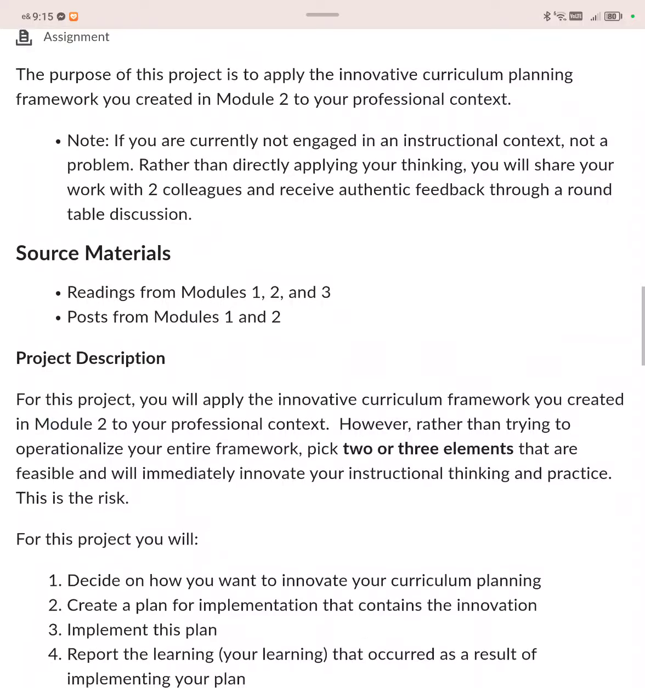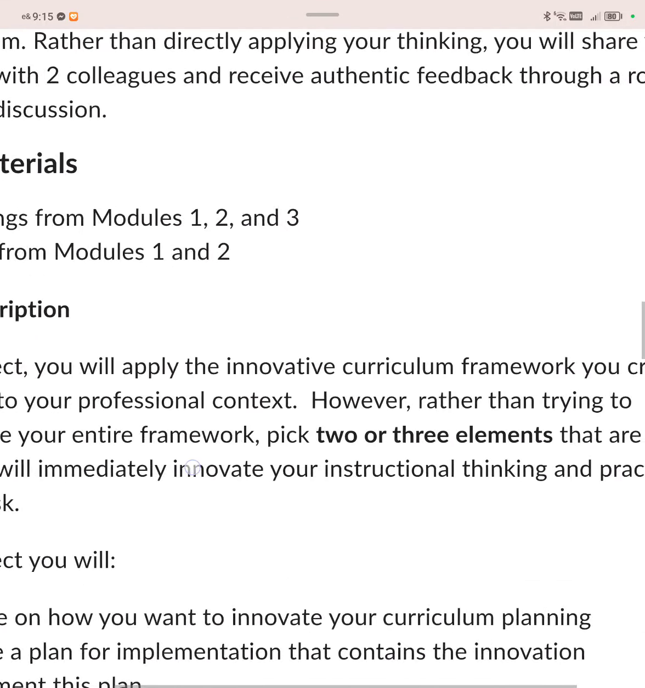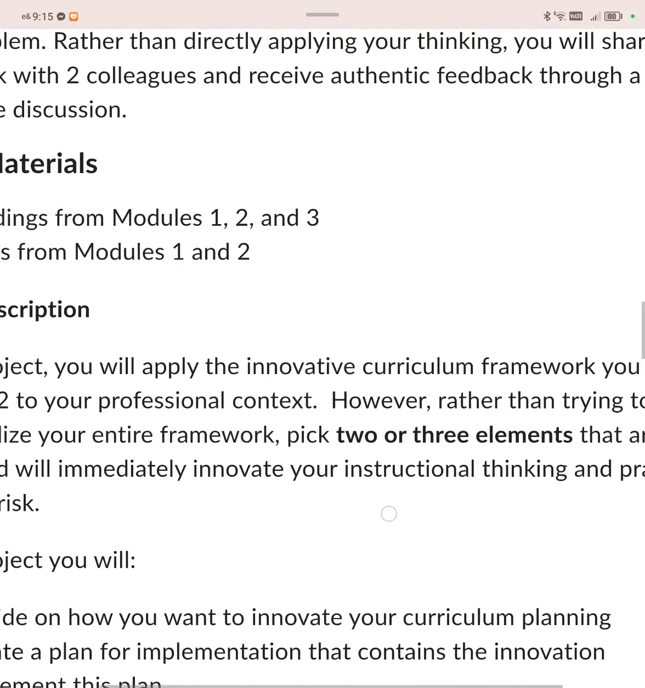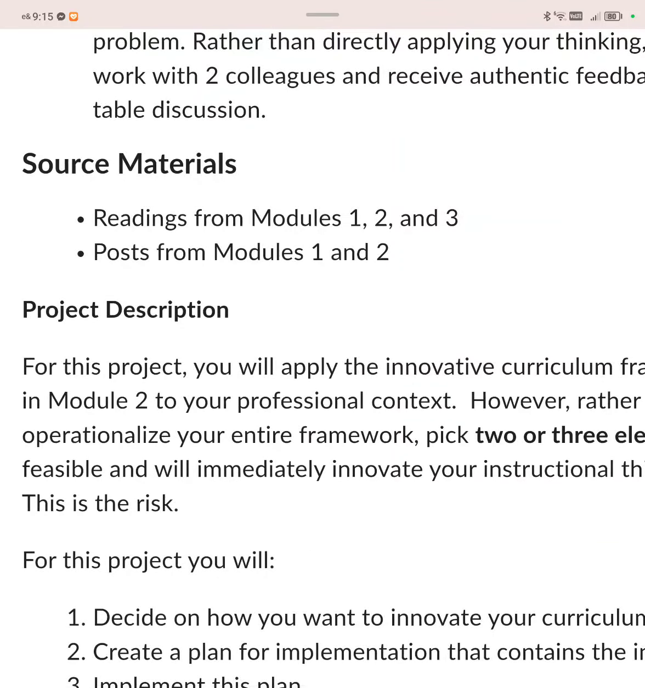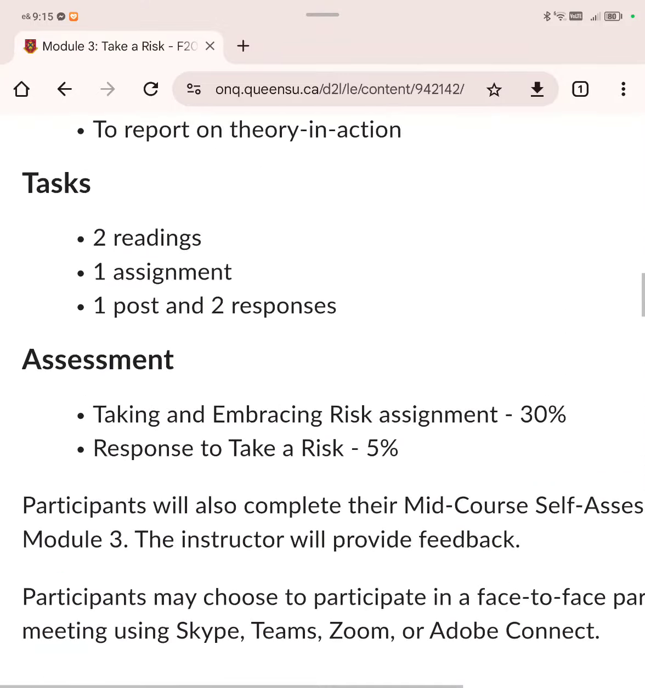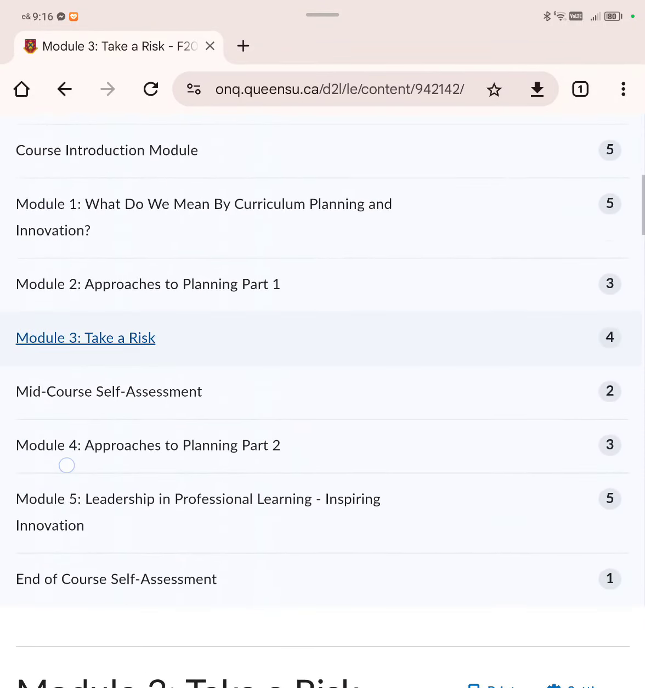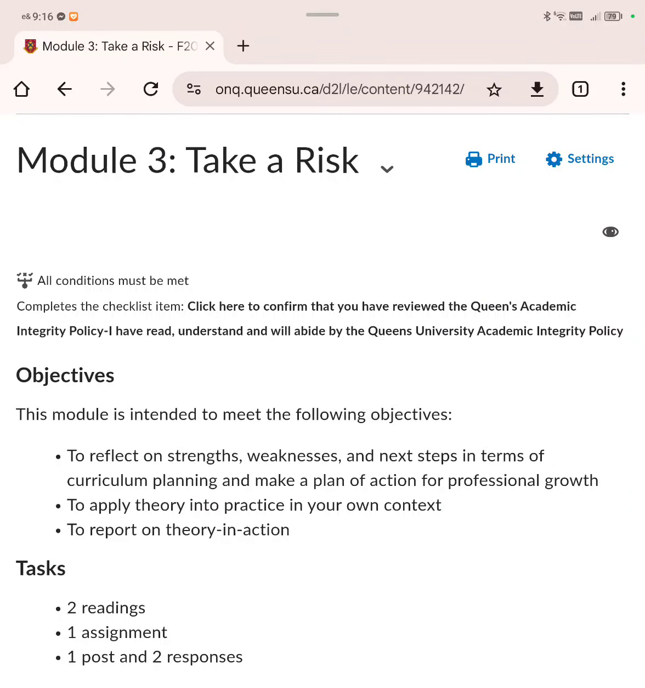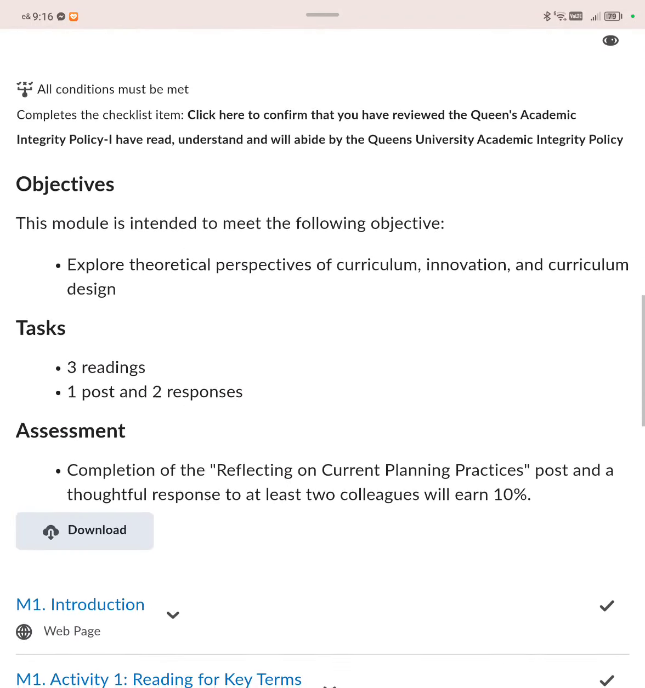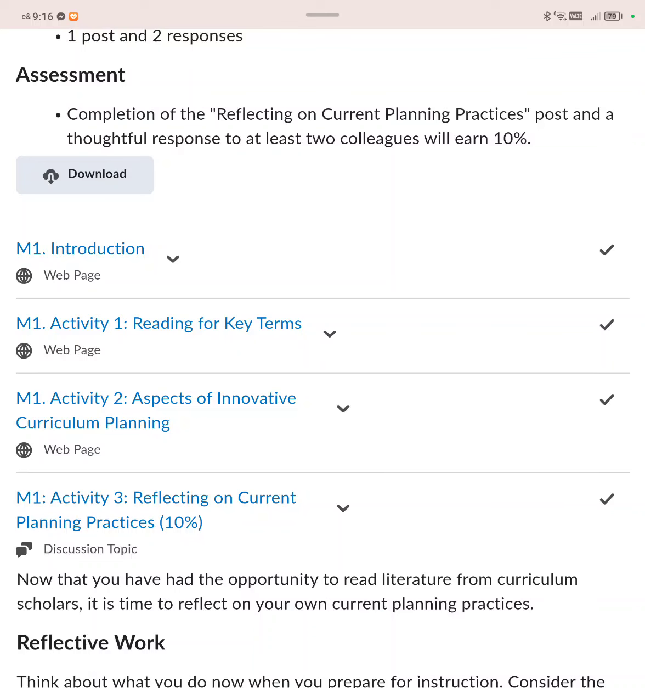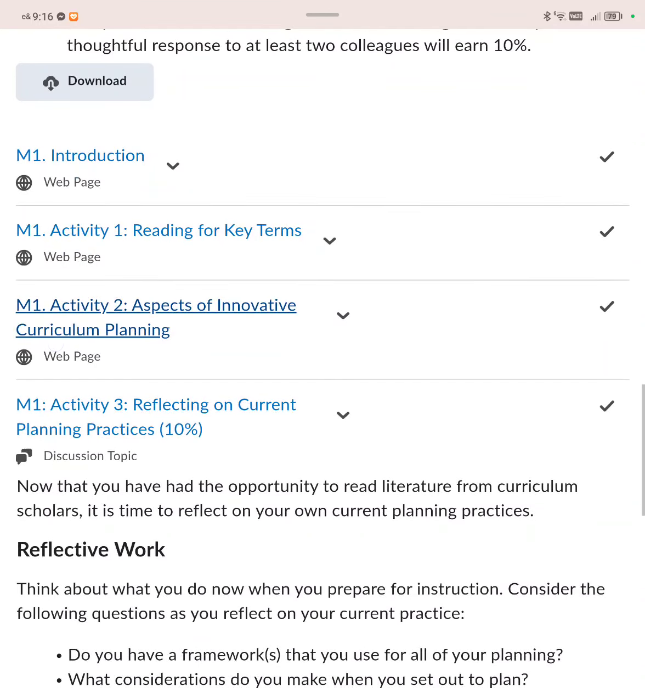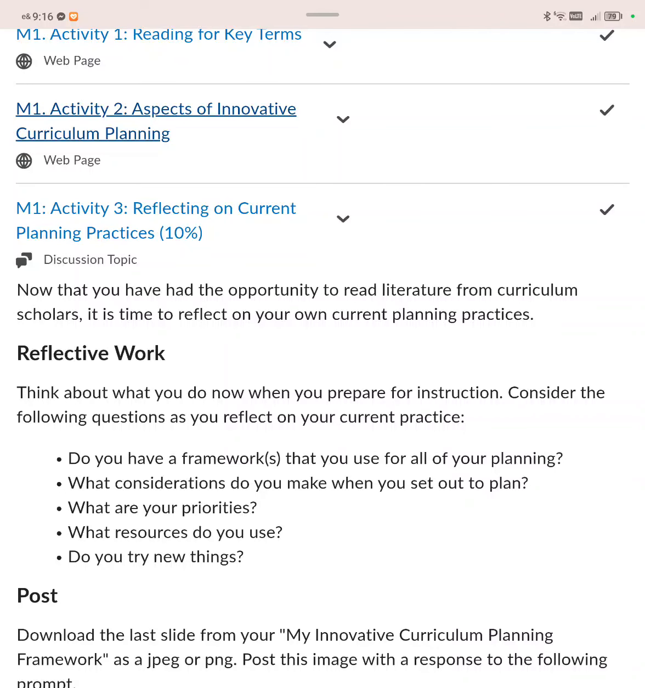But it says here, you will apply the innovative curriculum framework you created in module 2 to your professional context. So that pushes us all the way back to module 1. My encouragement for you is to really think carefully about your checklist and take some time to enjoy this and find some good terms that resonate with you. Spend some time on that PowerPoint and then think about this